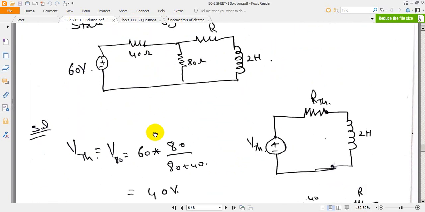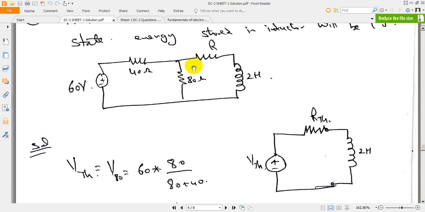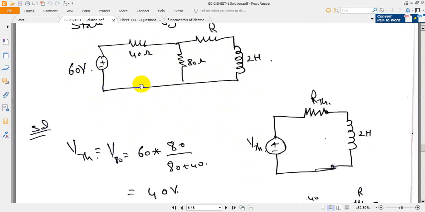What will we be doing? We need to calculate this R. It means we need to convert this circuit into this format. How are we doing this? Across this, we are shifting VThevenin. We need to calculate this R, right? So we will represent this whole circuit with a single voltage source and a single resistance. So we can write it as VTH. Let us calculate this VTH.